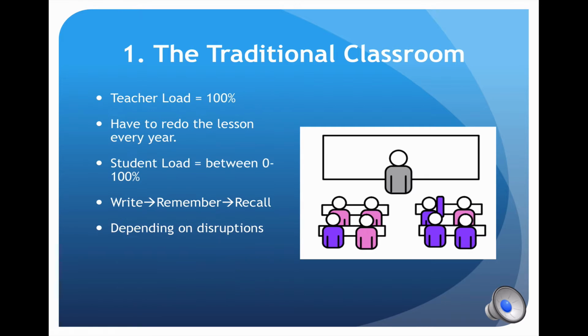Now in this model, the teacher is working 100% of the time. You have to redo the lesson every year, and the students are between 0 and 100%, depending on how well you are getting them to work. More than likely, probably about 10 to 50%. This is normally very much write, remember, recall, and depends on disruptions and how fast you can get through the